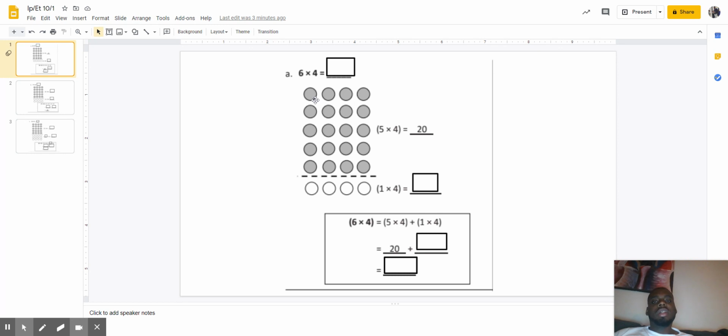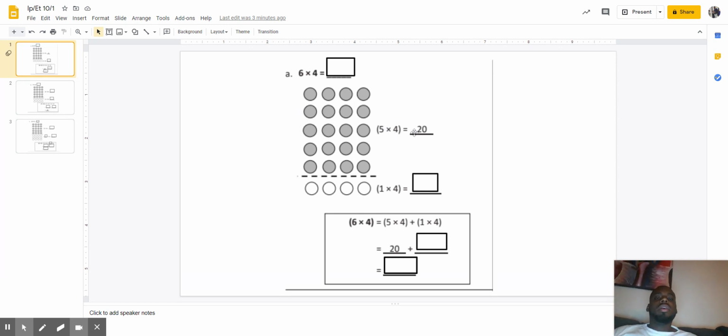And we broke it up, as you can look at the array, 1, 2, 3, 4, 5 rows. Then we have one solid row with just white. So 5 shaded rows and one unshaded row. 5 plus 1 equals 6. 6 times 4 is the same thing, friends. It's the same thing. So the first thing we're going to do is figure out we have 5 times 4